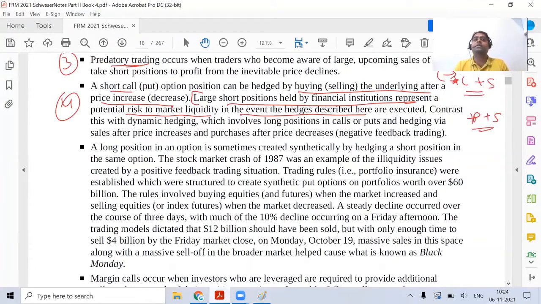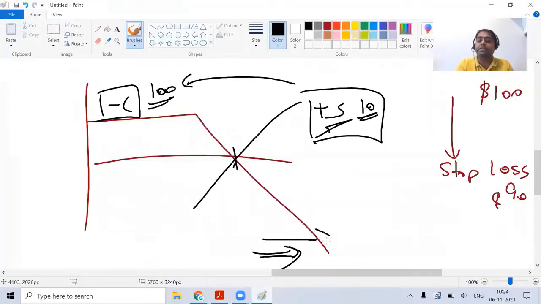This is generally with respect to passive hedging. If it's dynamic hedging, you might buy more, you might change the position to make it more of a hedge. But think about this scenario: what is happening when the asset prices are increasing? You are buying the asset. That is the behavior of a positive feedback trader. When the asset price is increasing, you are planning to buy the asset to cover your short call.